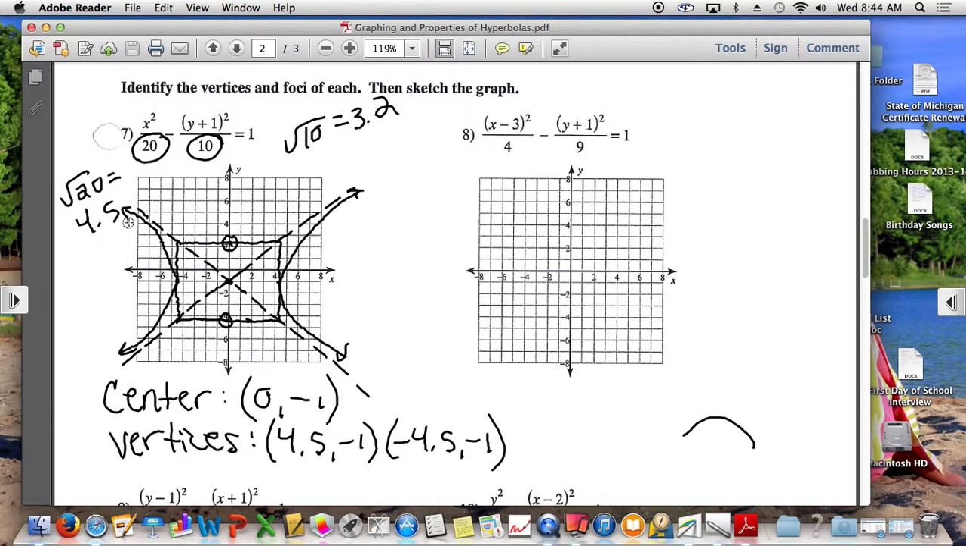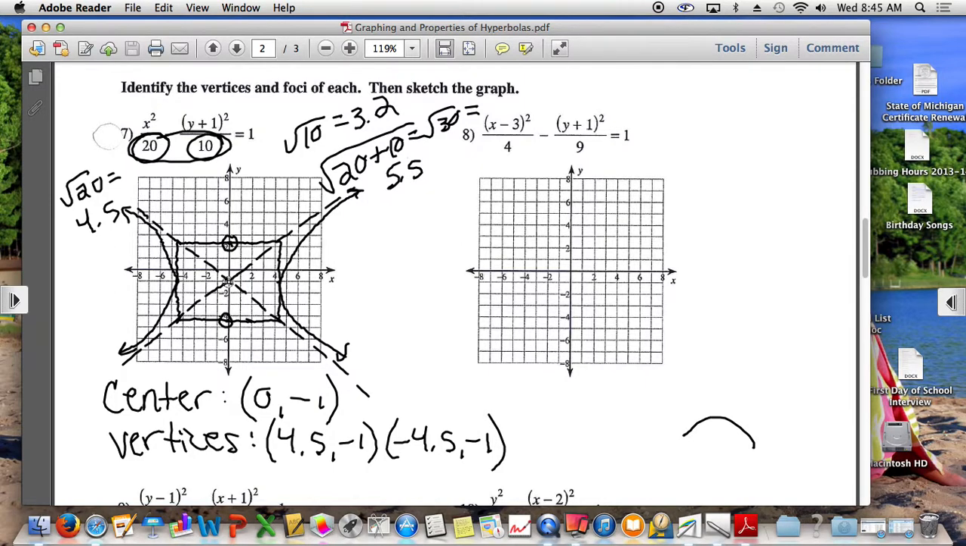So we need to add together the 20 and the 10. What is 20 plus 10? 30. 20 plus 10 is 30. You take the square root of 30. Help me out. What is the square root of 30? 5.5. So that means that the foci are exactly 5.5 units to the right of the center